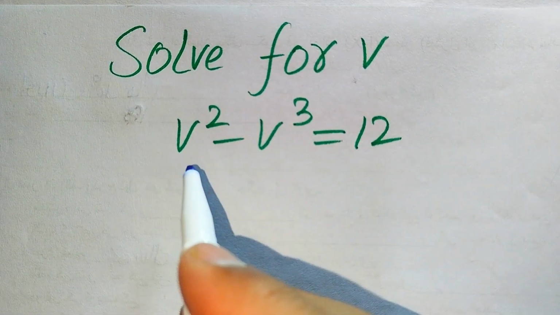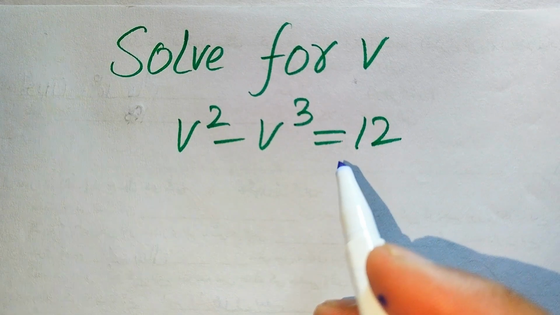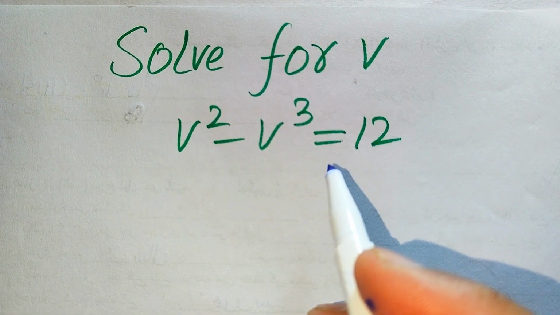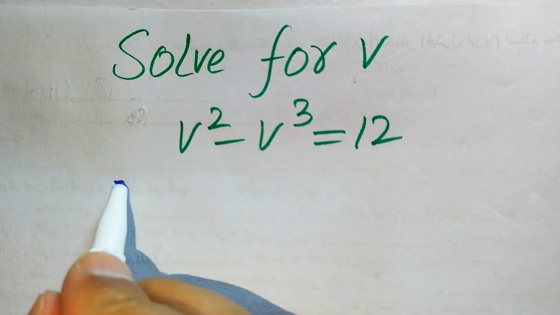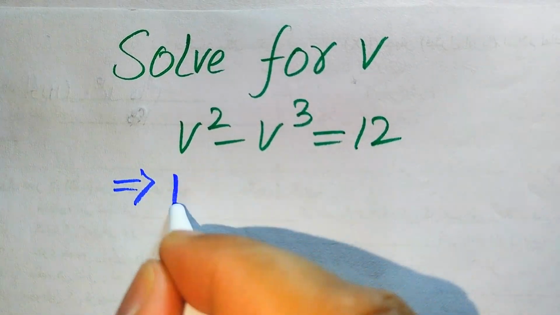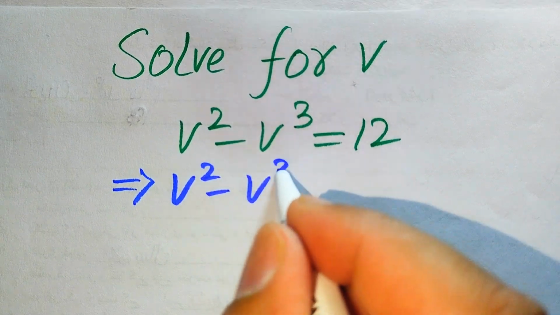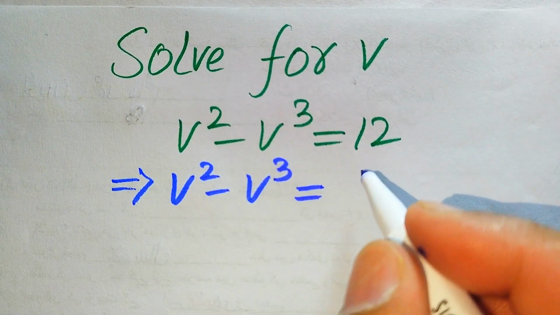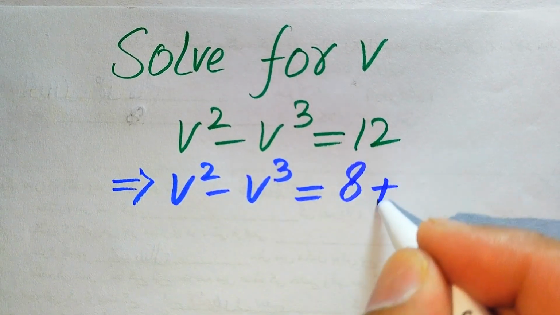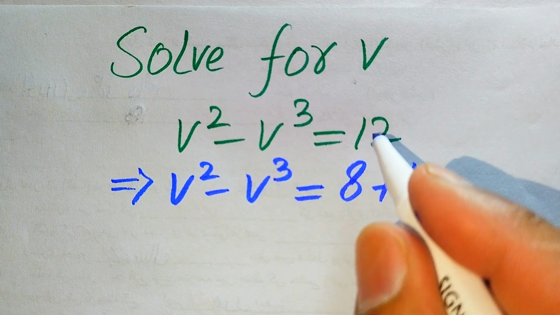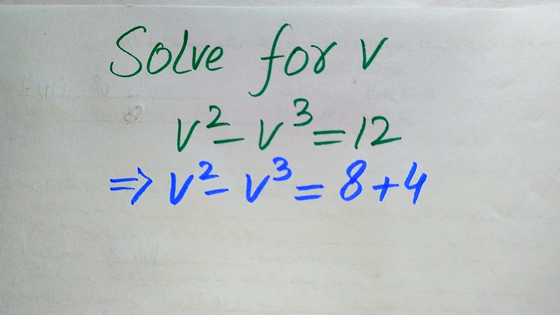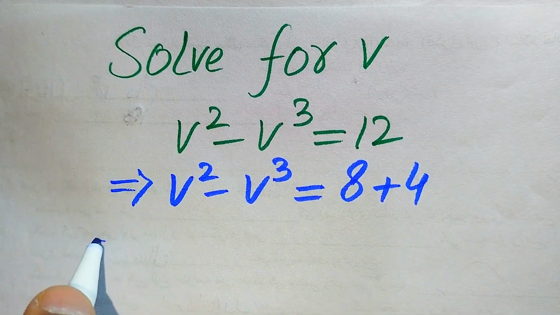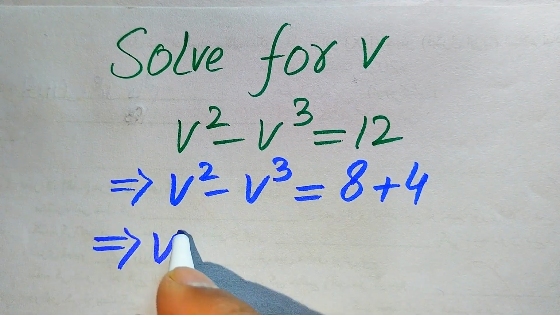So here we have v square minus v cube equals 12, and we solve this problem for all the values of v. First we need to rewrite this equation in this form: v square minus v cube equals 12, and we write this 12 as 8 plus 4. We break 12 as 8 plus 4, and further in the next step we again rewrite this equation as v